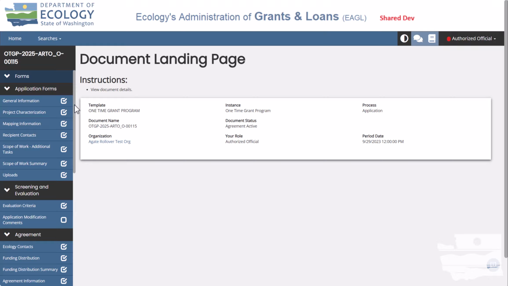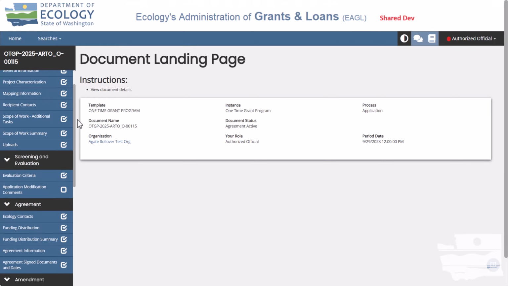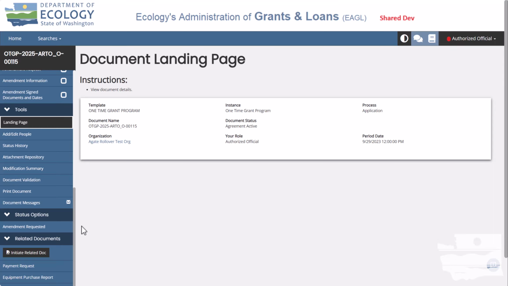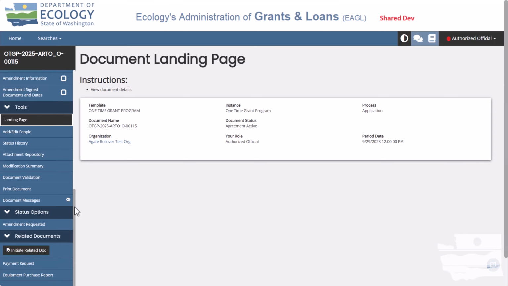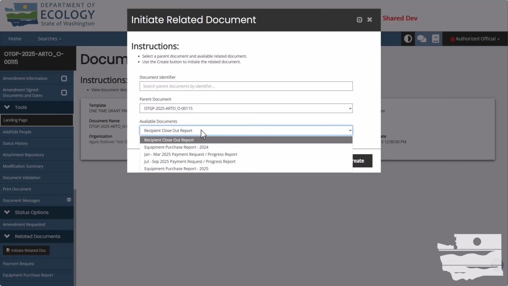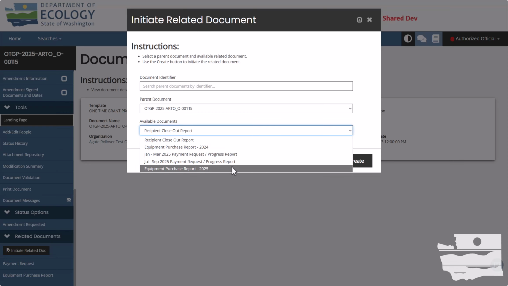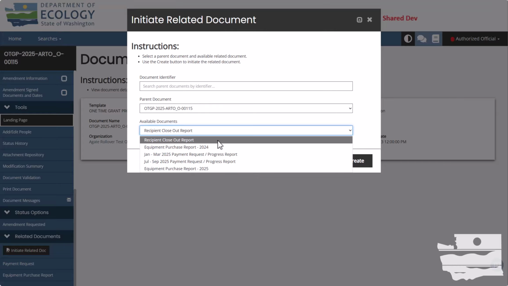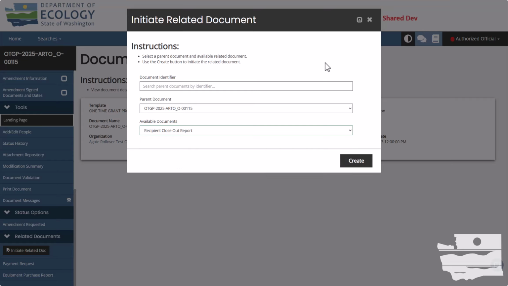From the Agreement left navigation bar, I can scroll down to initiate related documents, and selecting that option will then allow me to select my parent document and choose one of these options for the subdocument that I'd like to create. In this case, the Closeout Report. But instead of initiating from here,